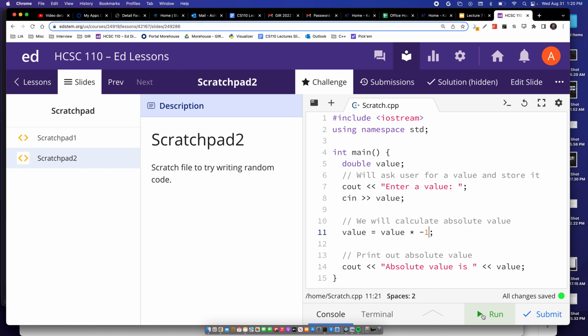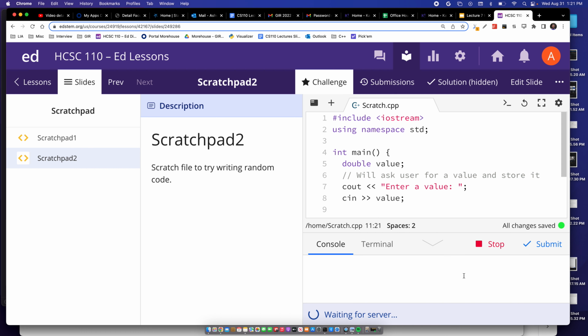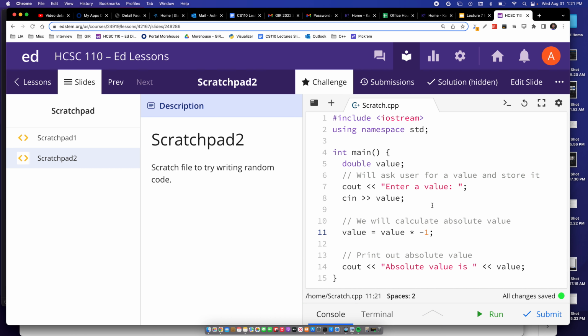We saw this code didn't work here because if you put in a positive number, we're always multiplying by -1 and it comes out as -4. So we're trying to see how to fix it. And what the class suggested was we can do an if statement to see whether the user's inputted a positive